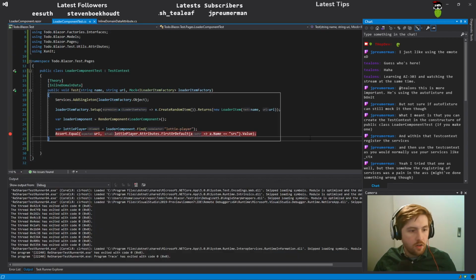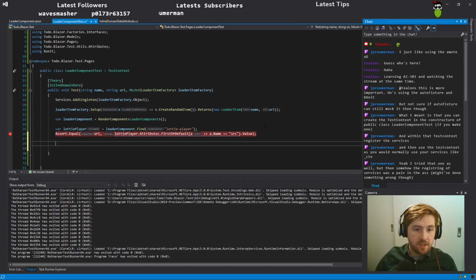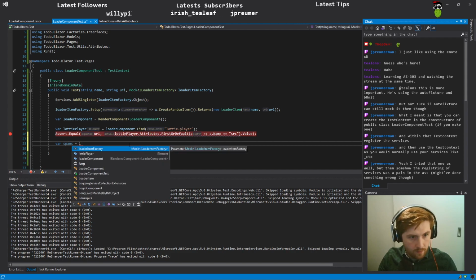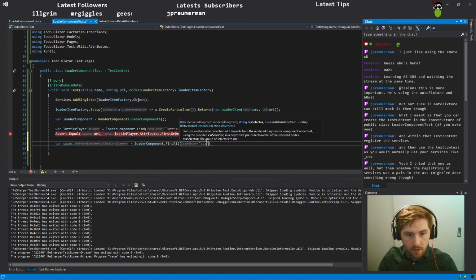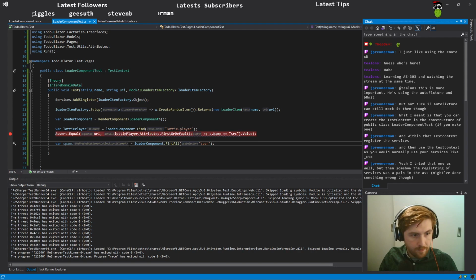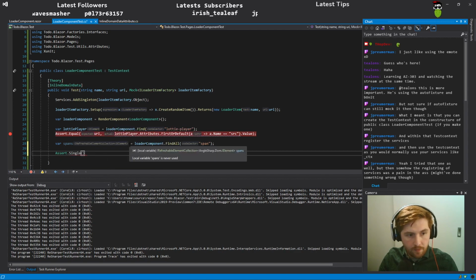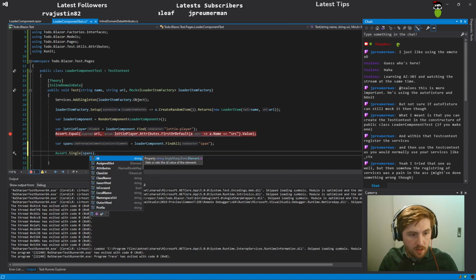We can use a find all spans. Because for this one, we want only one span, as that didn't specify the username. And that means that we only want one. Loader component dot find all span, assert dot single spans, as I only want one, and